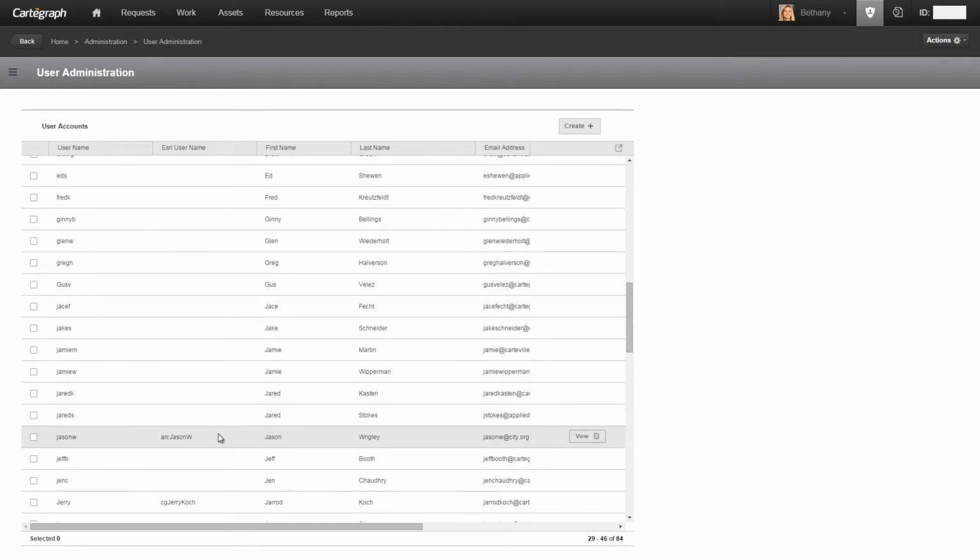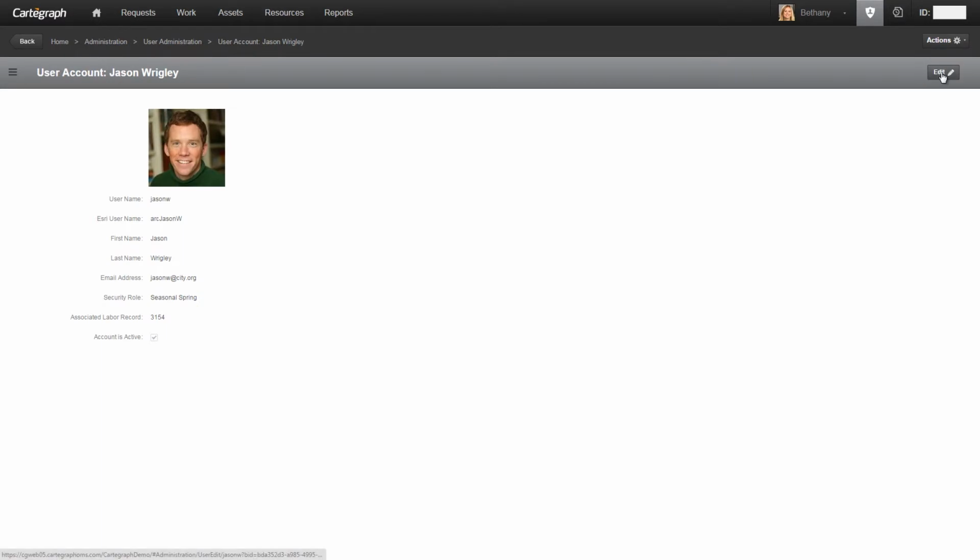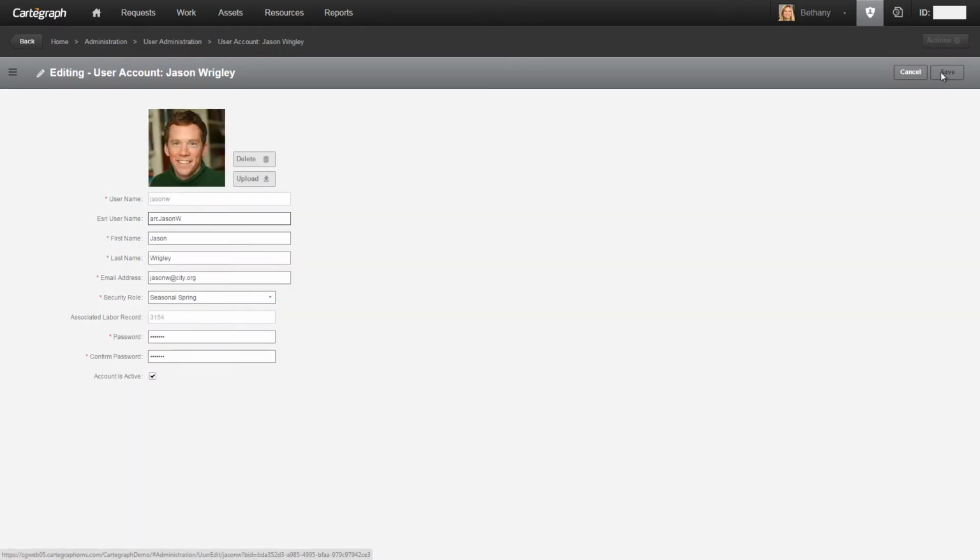So Jason will view his account, and I'll go into edit mode. I'm going to focus on the account is active checkbox down here. By unchecking this and saving my change, this now prevents the user Jason from being logged into the system. Since it's not active anymore, this Jason W user, or Esri username ArcJasonW, cannot be logged into the